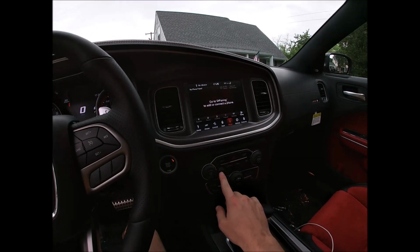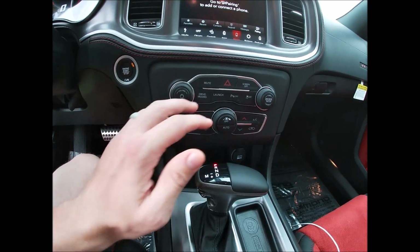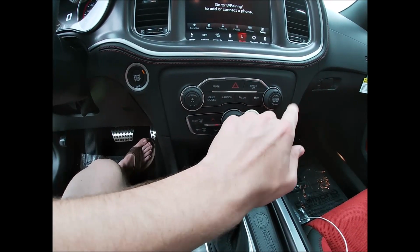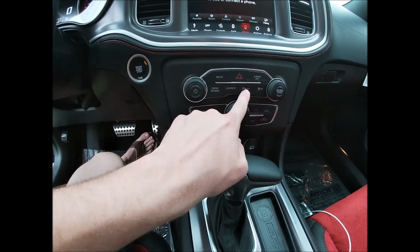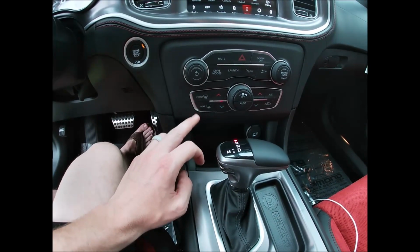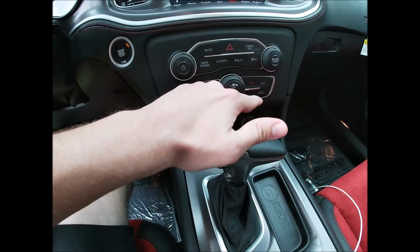Okay, so I'm gonna take a look down here. Basically it's all same old Dodge stuff. You got your power button and your volume, your mute, your hazards, screen off, your tuner. And you got your drive modes here. You actually got a button for your launch control here, parking sensors off, and traction control off. And then you move down another block and you have your climate control, your front and rear defrosters, your driver side, heat, cold, passenger side, heat, cold, and then your AC and your,